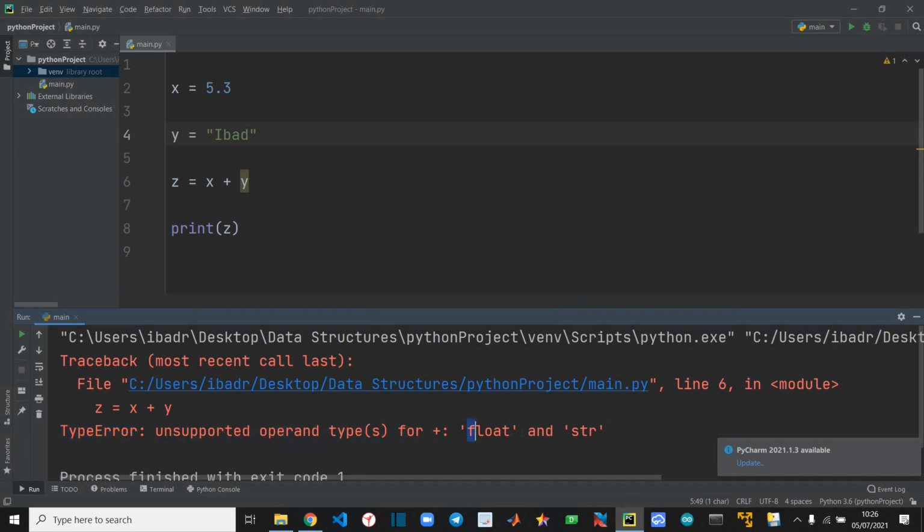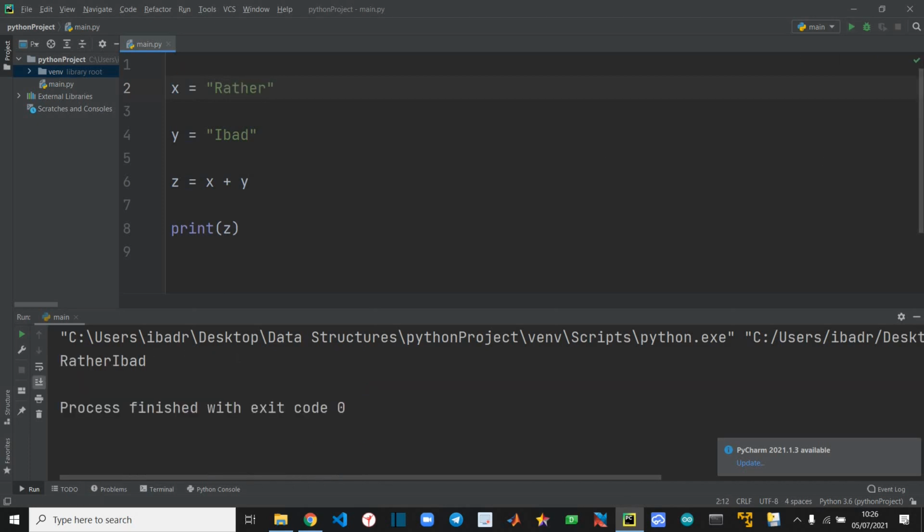So it showed you that the operator plus, operand type plus, is not valid for float and string. It means that float and string cannot be added. This is what it is trying to show you. So you need to know the type. And if I do something like this, if I write Ratharibag and I run this,